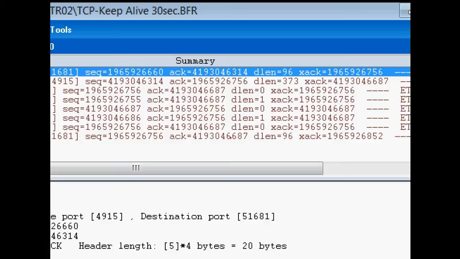The way that it works in TCP, if we look here, here's just a few frames, so it's relatively easy to follow. We see in the first frame, the device sends sequence number 6660. It is going to send 96 bytes of data, so 6660 plus 96. We'll say the client there expects an ACK of 6756 for that 96 bytes of data. And we see that ACK of 6756, so we'll say that's the server replying saying, I've received your 96 bytes